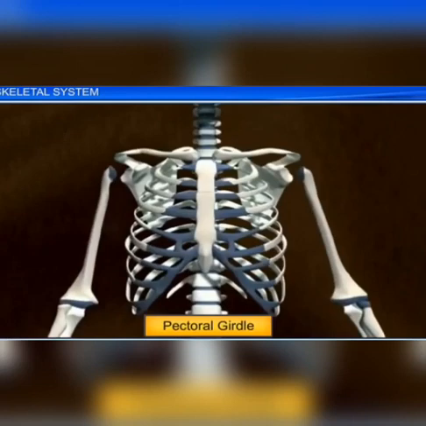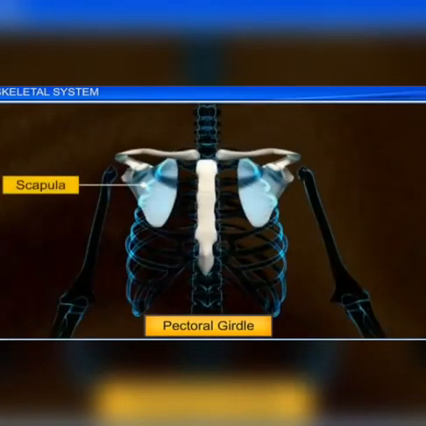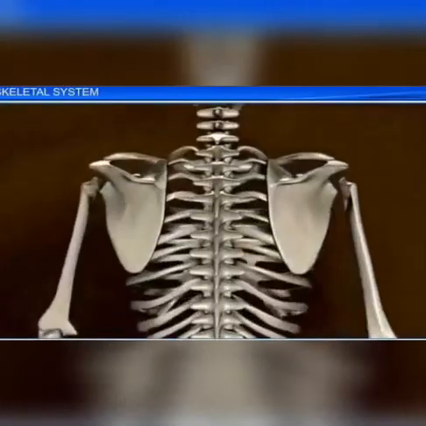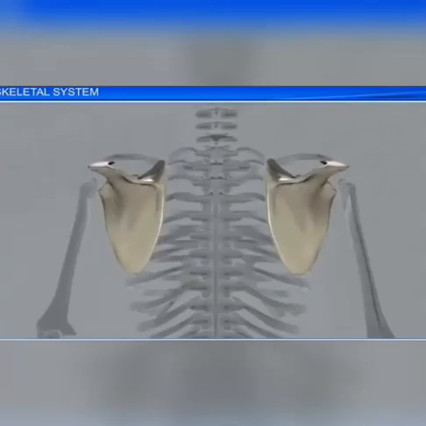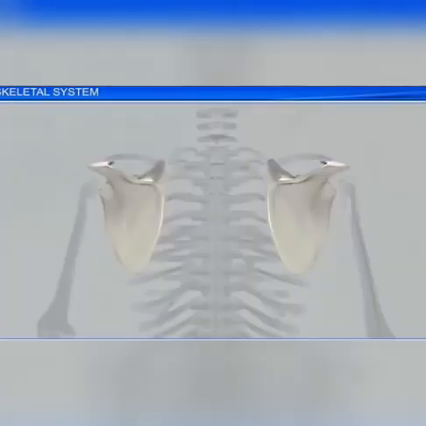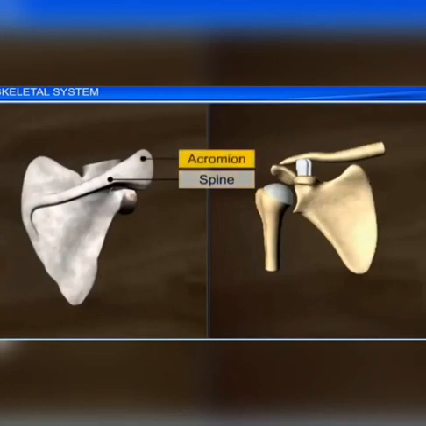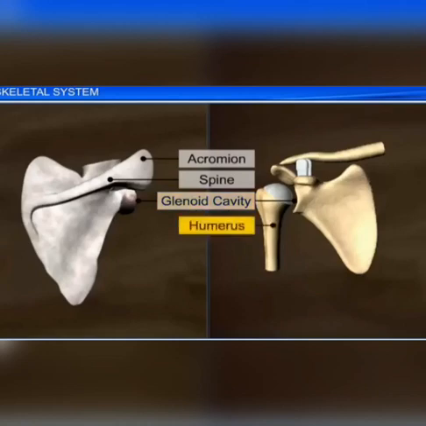It consists of the pectoral girdle. The upper limbs are attached to the pectoral girdle, and the girdle is formed of two halves. Each half of the pectoral girdle consists of a clavicle or collarbone and a scapula. A scapula is a large, thin, triangular bone situated on the dorsal surface of the rib cage. The clavicle articulates with the acromion. Below the acromion, a depression called the glenoid cavity is present, in which the head of the humerus fits to form the shoulder